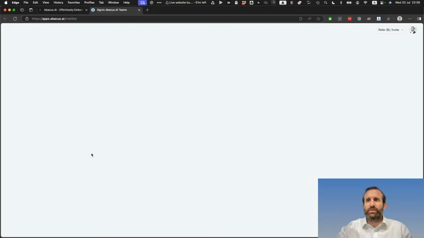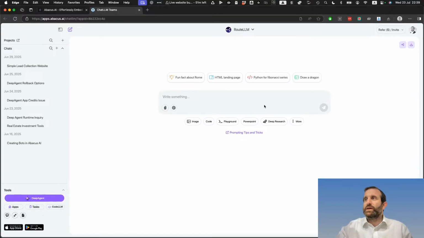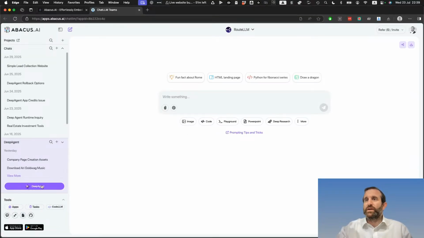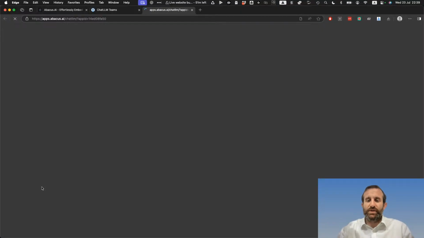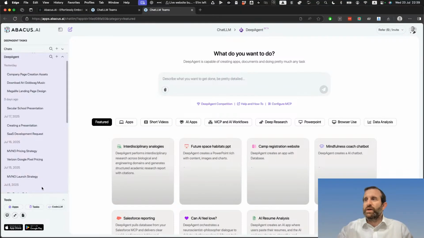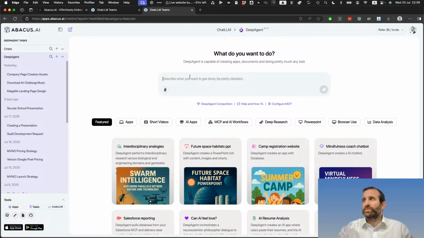Now, Abacus is a great app. If you have to pay for anything and you don't want to pay for much, it really kind of pulls a lot of stuff together here. What we're going to be looking at right now is what they call Deep Agent, which agents are, if you don't know, agents are these programs that can do a lot. These AI, they're given tools, they're given the ability to actually do stuff. So